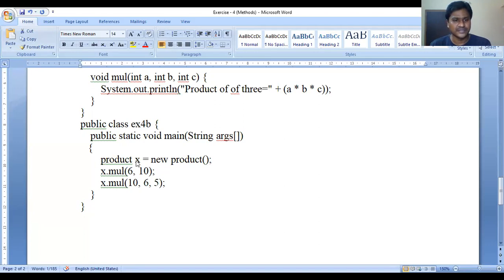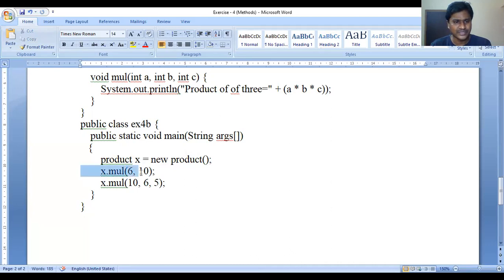We define one object for the Product class: x is an object of the Product class, and here we call the multiply method by passing two values, 6 comma 10. This method multiplies these two parameters and gives the product of the two values.